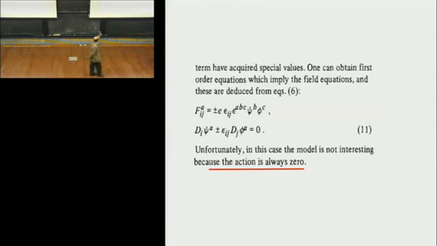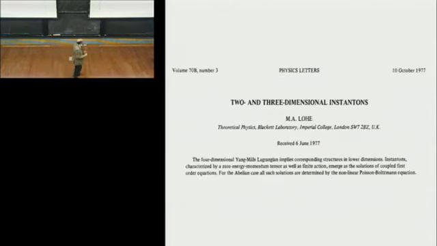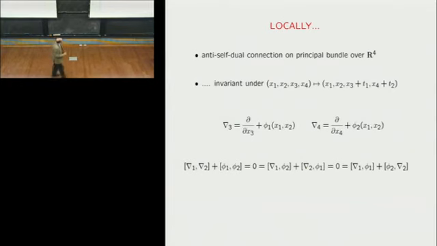So the point about this is that Lohr was considering these equations on R2 and not on the Riemann surface. And indeed, if you look at solutions to these equations where the L2 action, the norm squared of the curvature plus the derivatives of the Higgs fields, is finite, then there aren't any interesting examples. But the great thing about this is that the equations can be made conformally invariant and then put onto a Riemann surface, in particular a compact Riemann surface. So why was a physicist in 1977 interested in this, and why did he discuss this in the context of instantons? And this is because actually locally,